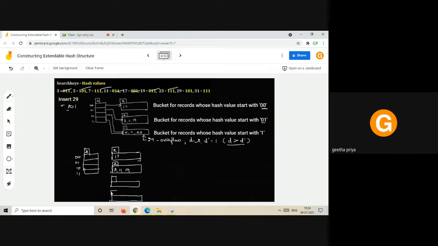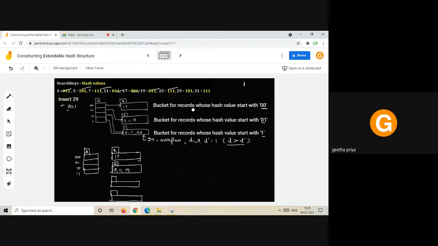Why does the value of local depth have to be incremented? Just think, by considering the hash value starting with 1 alone, I can put only 3 records into the bucket. So when the fourth record comes, overflow occurred. With the starting bit of the hash value, considering it as a 1 alone, 3 records can be very well stored.